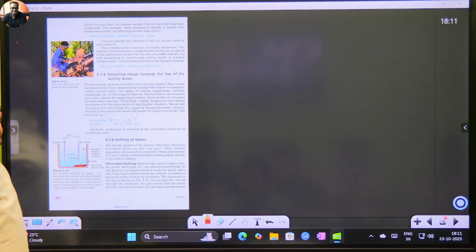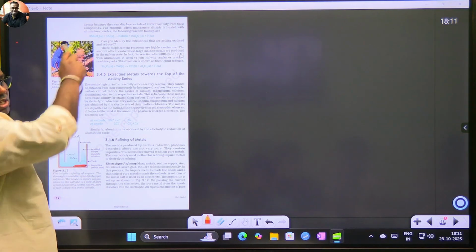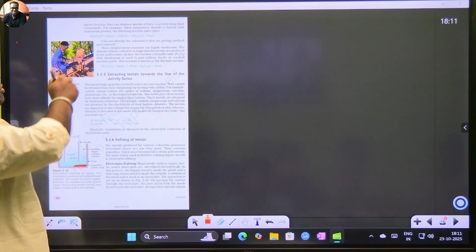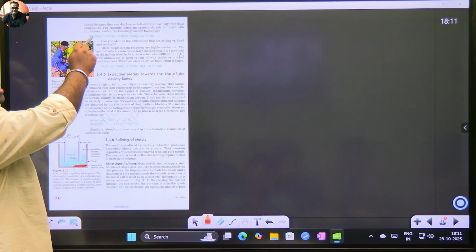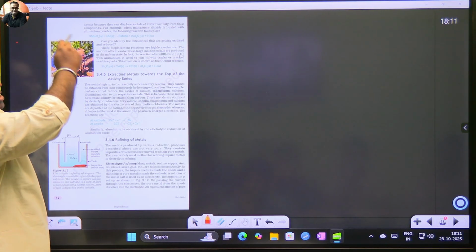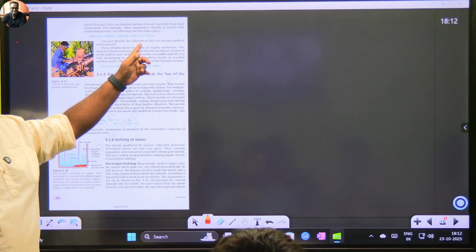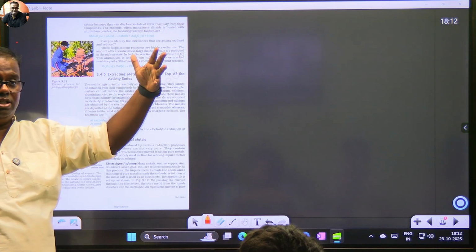Now during this process, manganese oxide MnO2, get it by heart, they ask this. This process is known as aluminothermic: manganese oxide and aluminum. In fact, this manganese oxide reaction is also studied in Cambridge. Then it will produce manganese metal in liquid form, give you aluminum oxide, and give you a lot of heat.